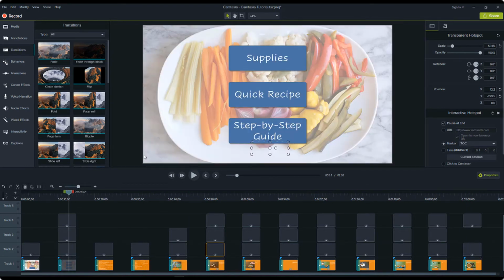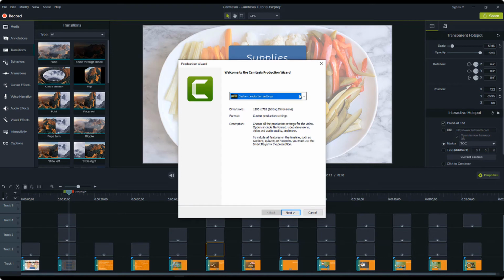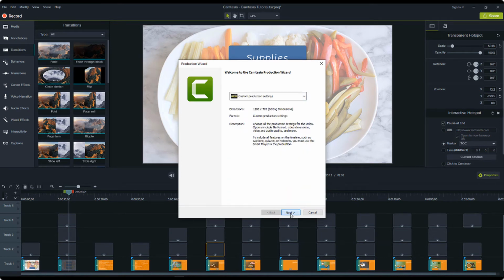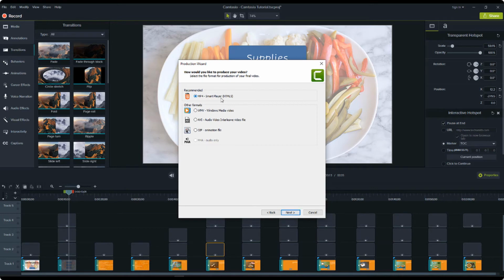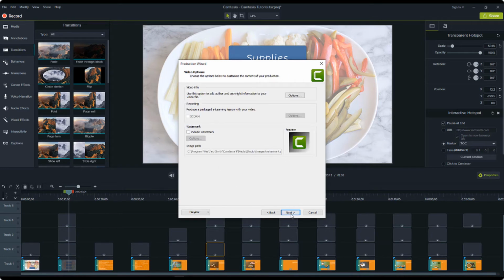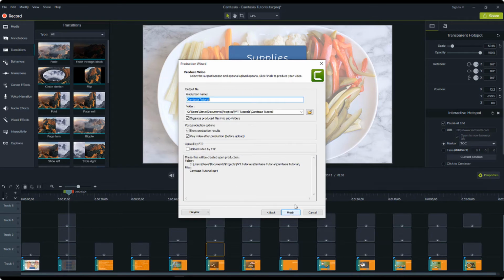So when we want to produce, we go to Share, Local File. I just use custom production settings. Next, MP4 Smart Player. Next, produce without a controller. And when you're all set up, you just click finish. It'll render into a video, and then we're going to need some kind of